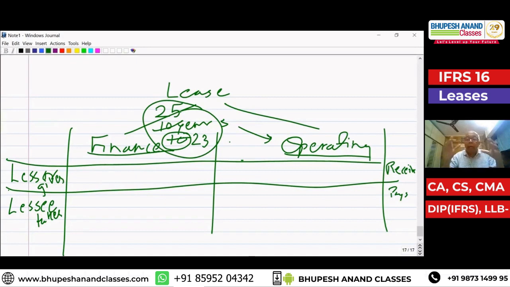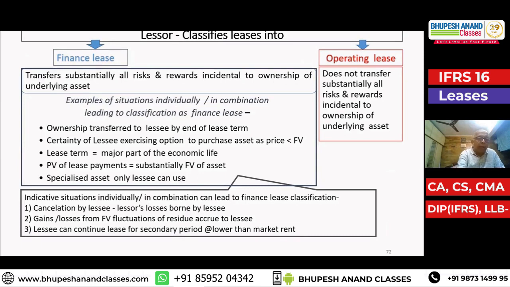Now there can be some tricks which get played, which in substance show that it is given and taken on rent, but actually it is a sale. So let us look at some of the tricks which are used. You can spend 1 minute to read all these and these three. 5 plus 3.